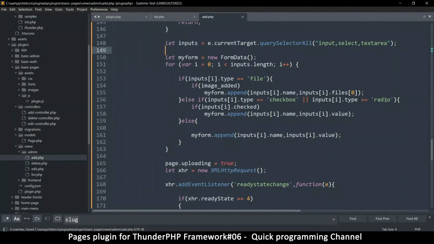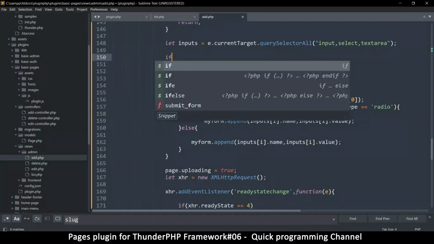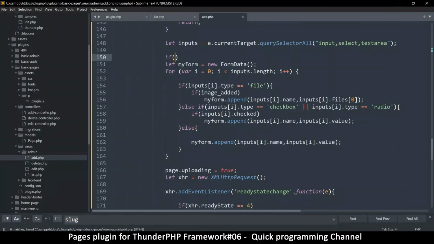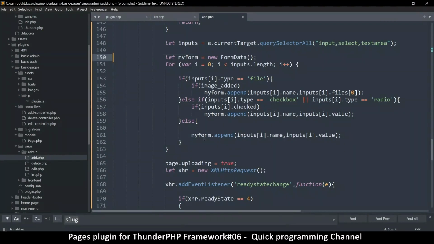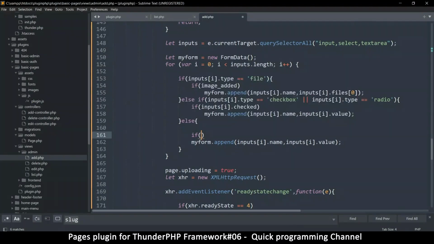So here we can, let's just grab one item. So I'm going to say if, since it's the only one, we could have used that method of validation if there was a lot to validate, but there isn't. So I'm going to say if document, or let me go over here instead. On this side, if we say if, let's say for example, inputs.name is equal to title, then we know we're dealing with a title here. Is equal to title, and